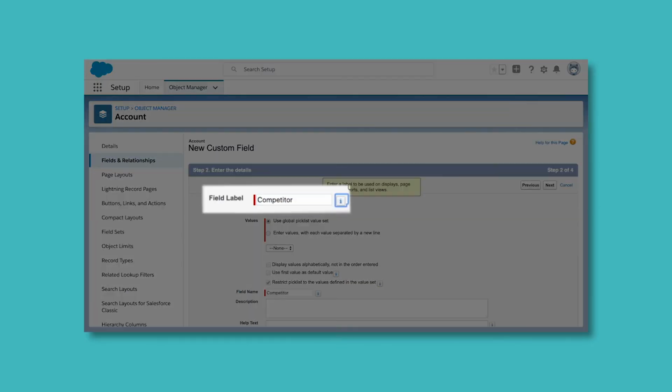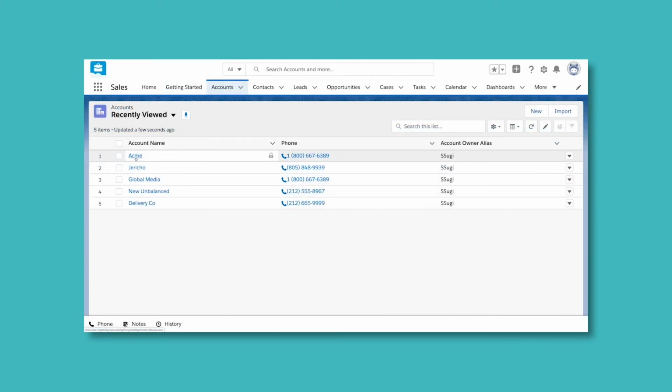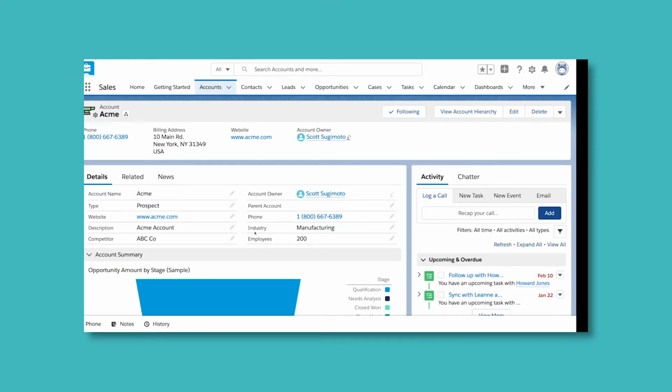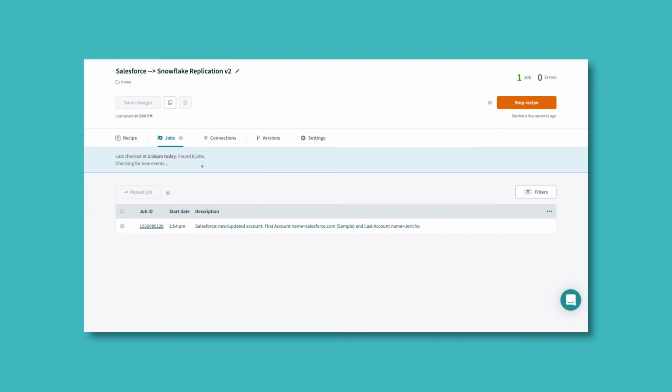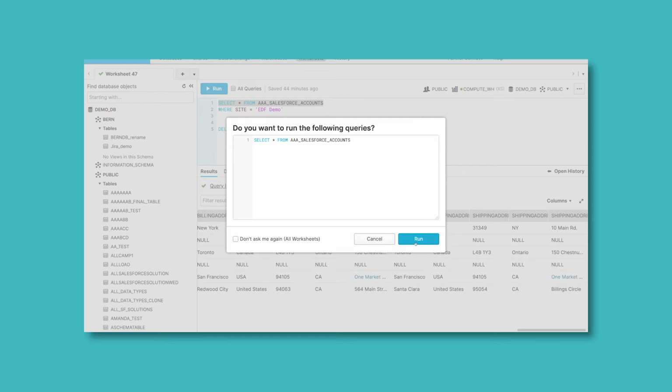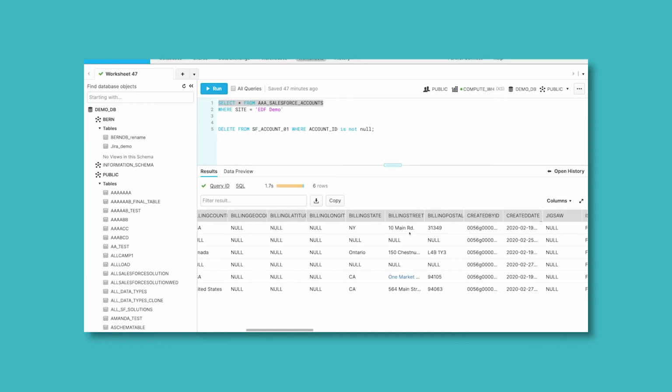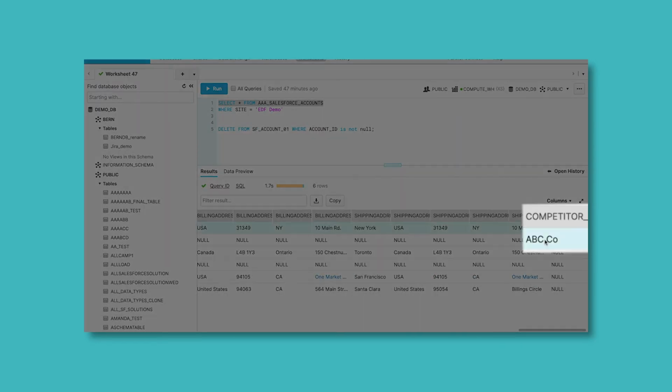I know admins have a lot of control and schema changes are often made without IT knowing. Is there a risk of missing data? That's the best part. Workato will automatically check for schema changes and ensure that mismatches are reconciled so no data is lost. So even if a new field is added to any of these apps, the new data will be